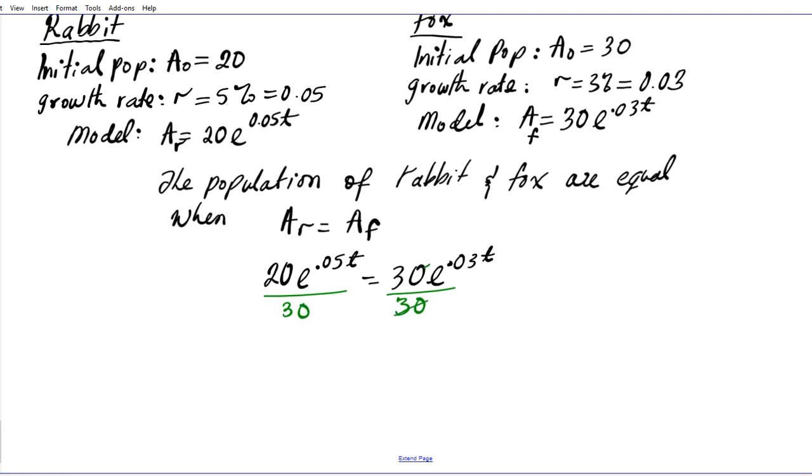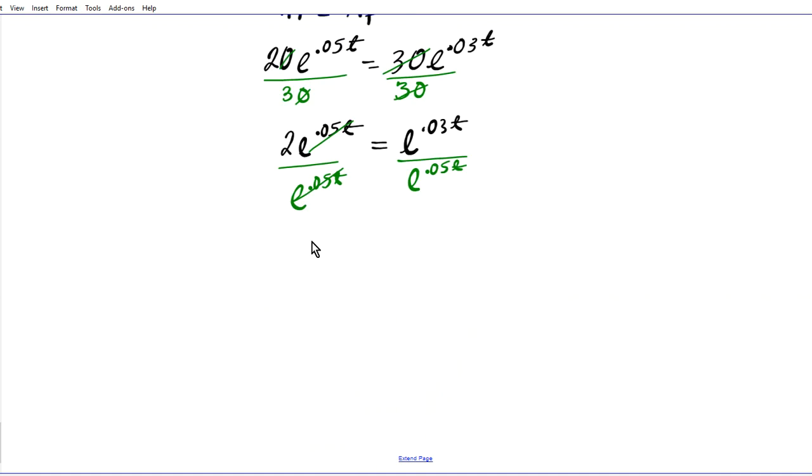The 30's divide out here, and this 0 and this 0 divide out. So you have 2 e to the 0.05t equals e to the 0.03t. Now you can proceed to divide both sides by e to the 0.05t. On the left side, e to the 0.05t divides out. So we are going to have 2. Oh, there's a 3 there. Let's not forget that. 2 over 3 equals,